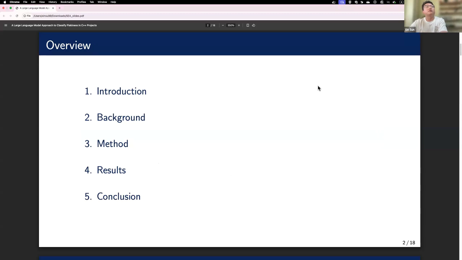First, here's the overview of my presentation. I will start with the introduction and explain the motivation behind our research and the specific research questions. Then I will provide some background on flaky tests and the root causes of flaky tests, followed by the most related paper in this field.